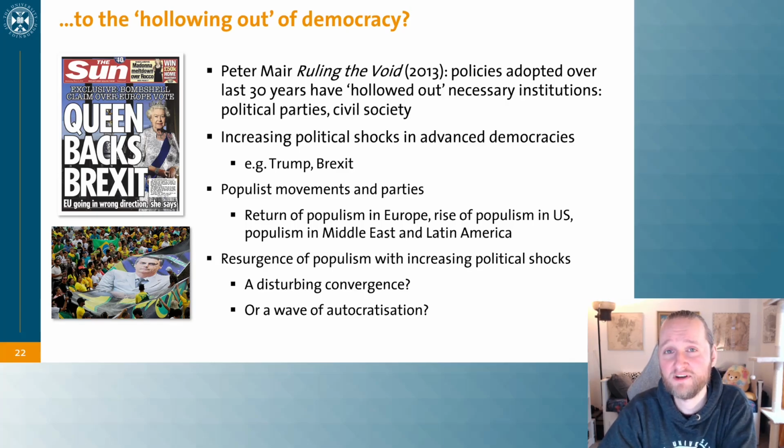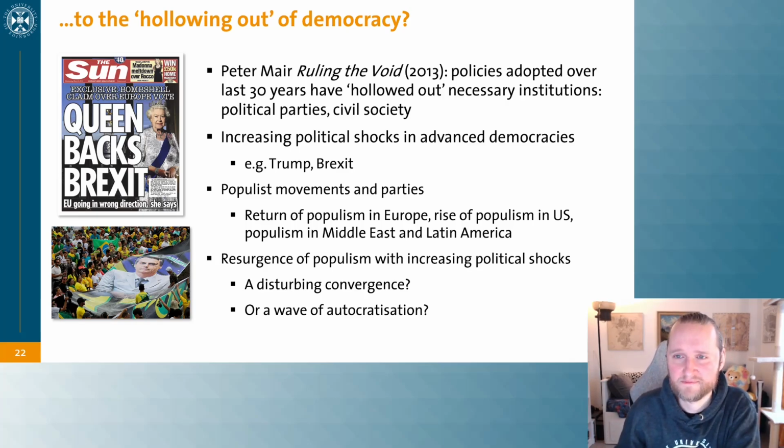We're currently living through the next political shock in the pandemic and the way that countries are struggling to adjust here. And the big question is now, is this really just a co-occurrence of things at the same time, or might we actually be on pace for a re-autocratization of a number of established democracies in the world? And we'll discuss this at greater length in both the tutorial and maybe also in the live stream. So how sure are we that that graph that I showed you earlier with that nice line of democracies going up there is going to stay that way, or are we going to see at some point a breaking down, a slipping back